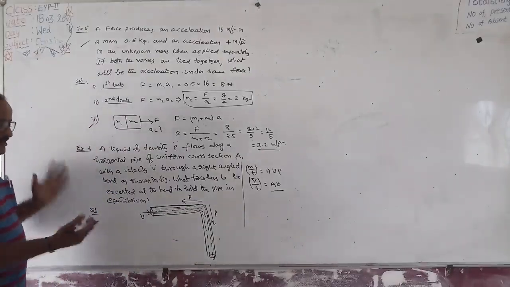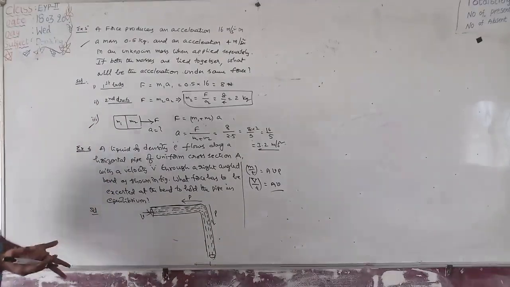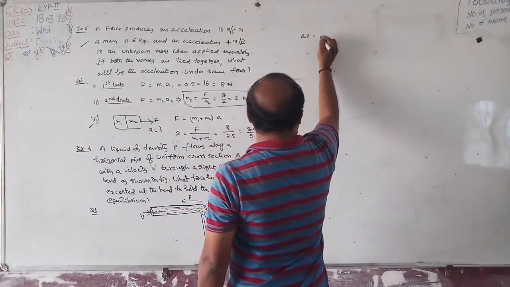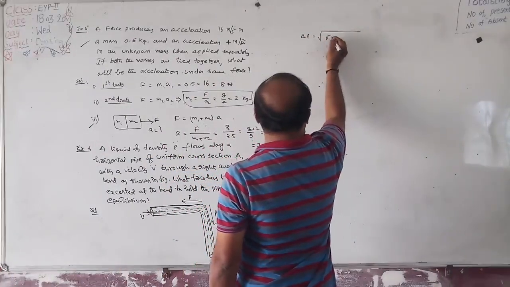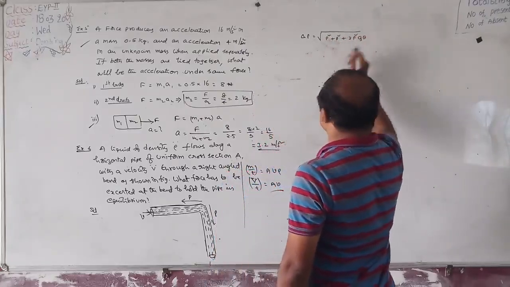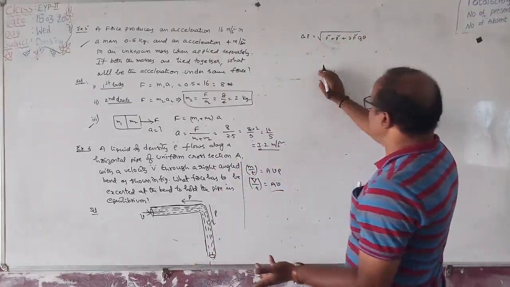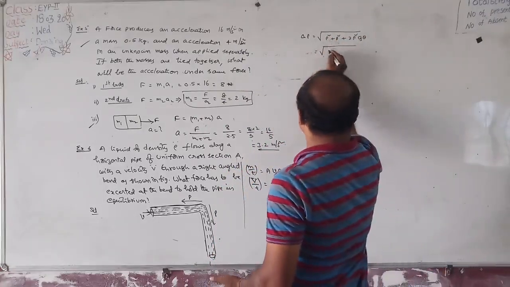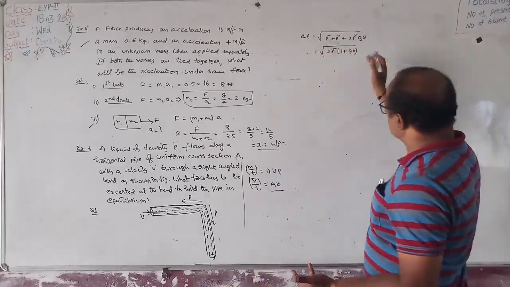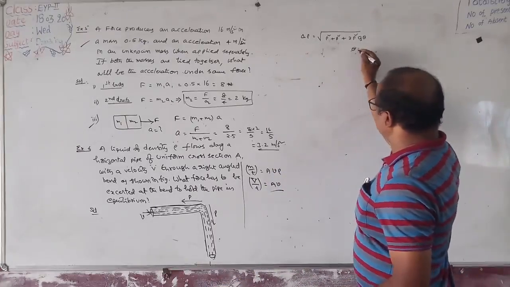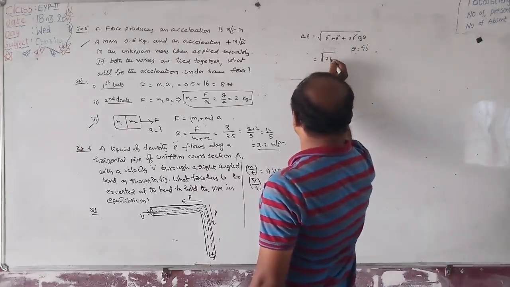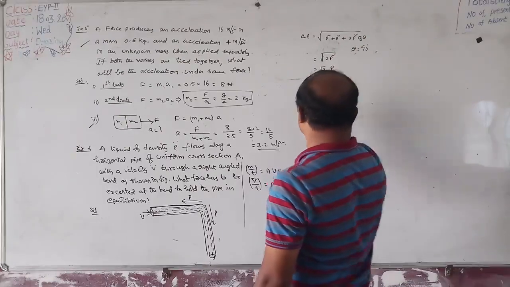Now, the change in momentum, according to the parallelogram law of vectors, delta p is equal to, what is the value? Delta p is the root of p square plus p square plus 2p square cos theta, as p1 is equal to p2 is equal to p. That is equal to root of 2p square into 1 plus cos theta. As theta here is 90 degrees, cos 90 is equal to 0. That is equal to root of p square plus p square, only 2p square. That is equal to root 2 into p.